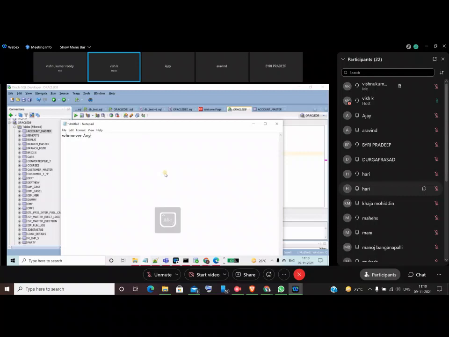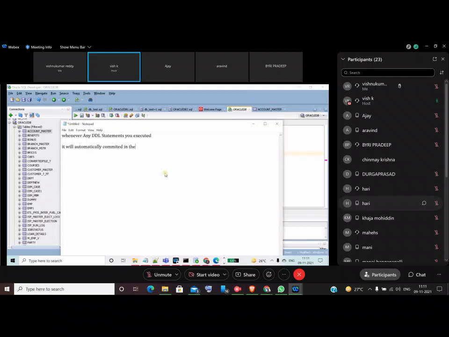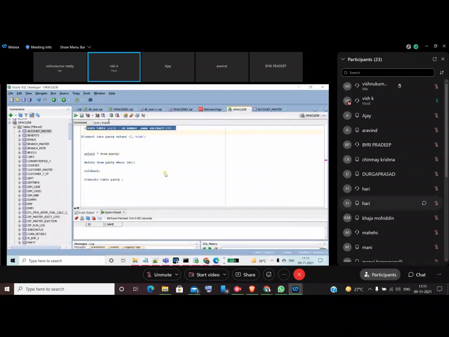This is a note, remember: whenever you execute any DDL statements, they will automatically be committed in the database. You can see now I created the table, right?